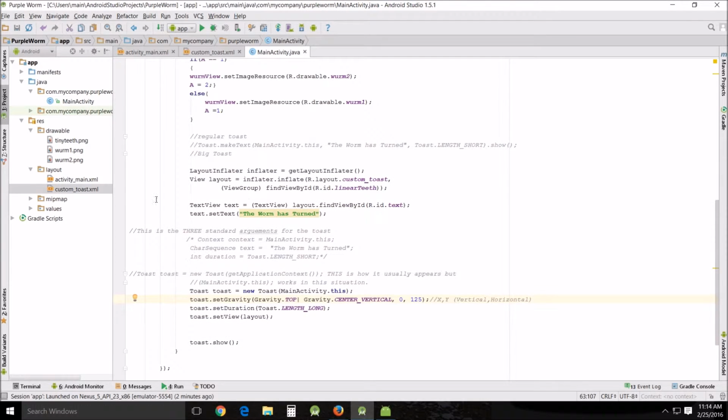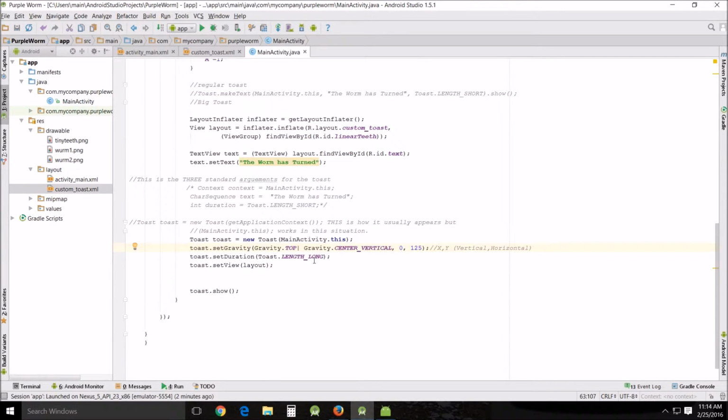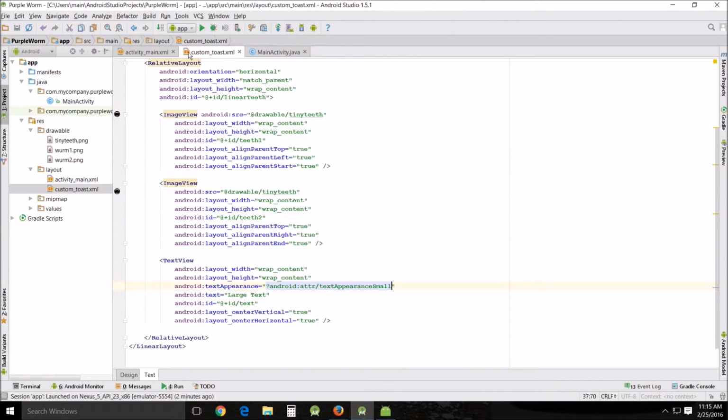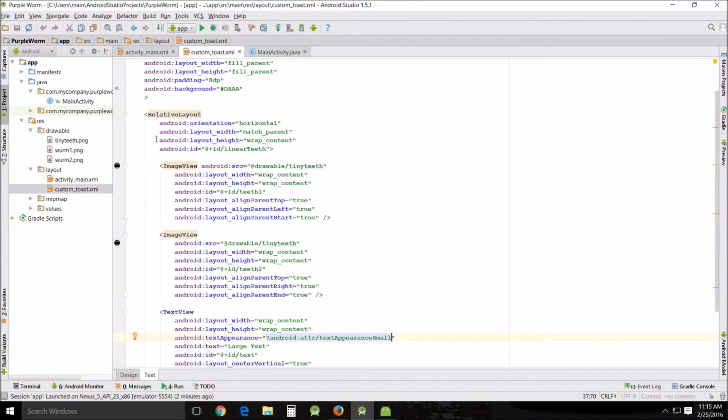I've had to get rid of the old toast to modify it with the new toast. So we're going to do the layout inflater, get layout inflater. And this is how we're going to get the XML to inflate in our test view layout. And we're going to inflate the custom toast, which we just created right here, into the view group, find by ID, linear teeth. All right, we do this find by ID, and that is in the custom toast view,